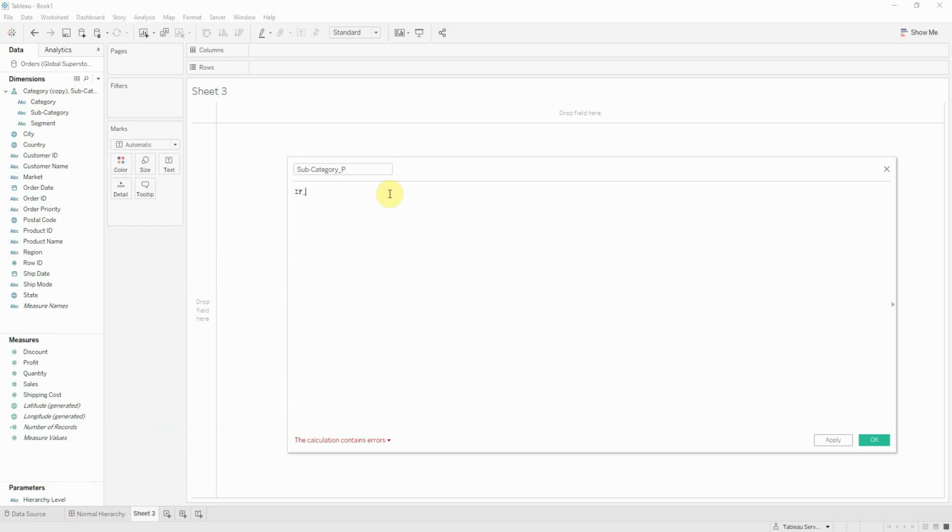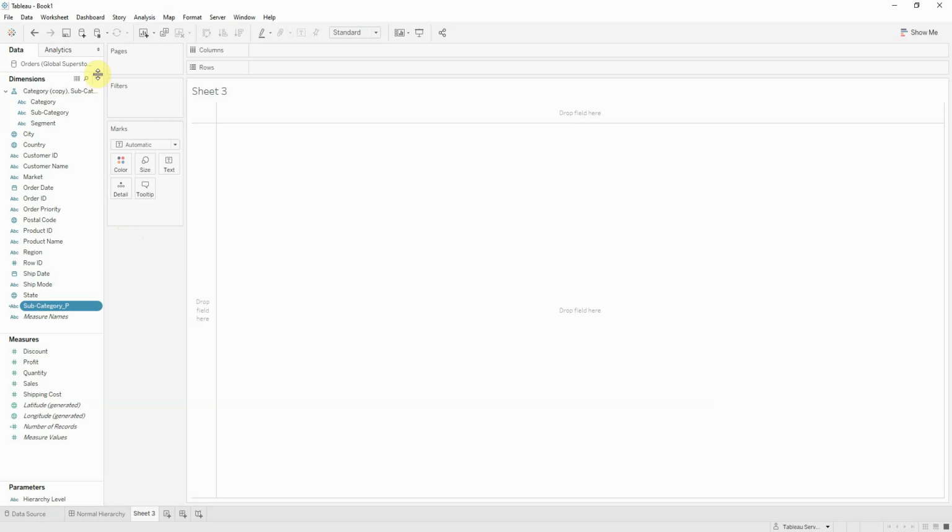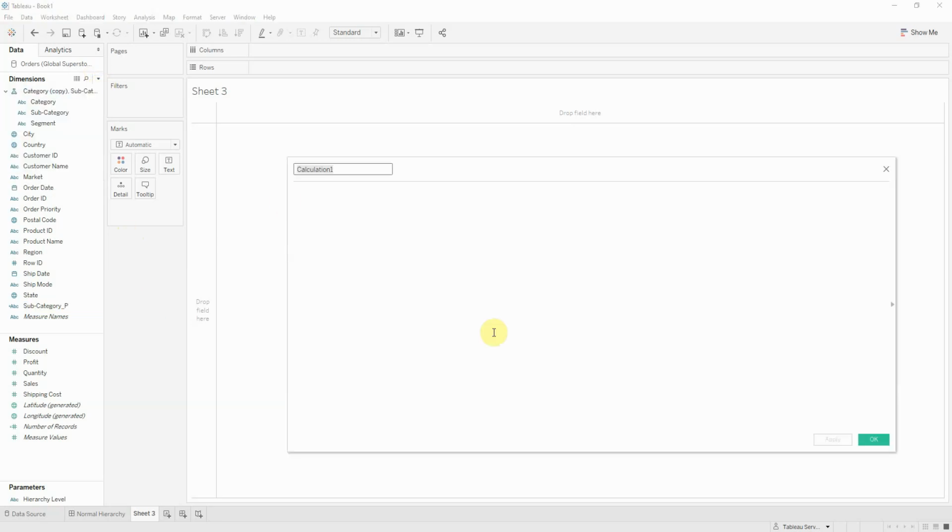And for the list statement, if hierarchy level is subcategory or hierarchy level is segment, so either case, then I want to bring my field subcategory, otherwise I want a blank. I'm not leaving null because Tableau will actually display a null and I want it to be blank. Okay, so we've done this part. I have a new field here, subcategory P,